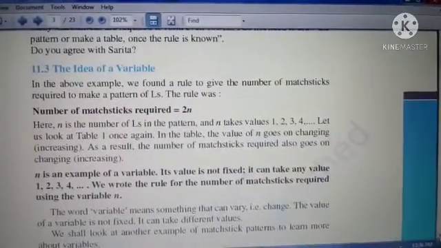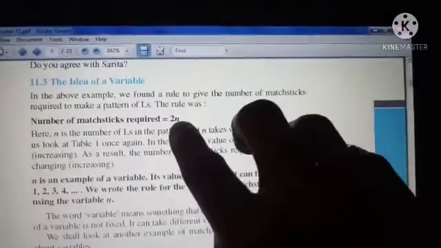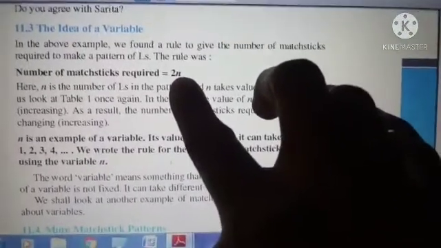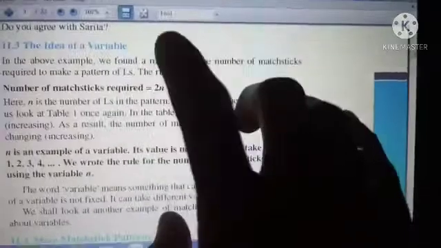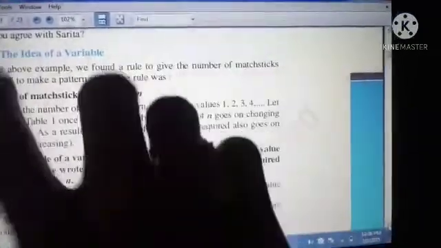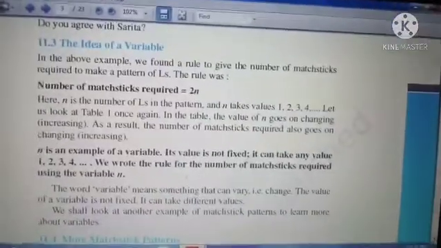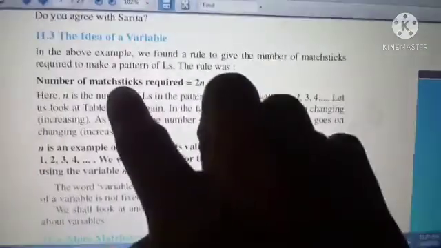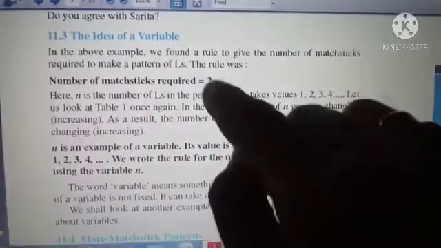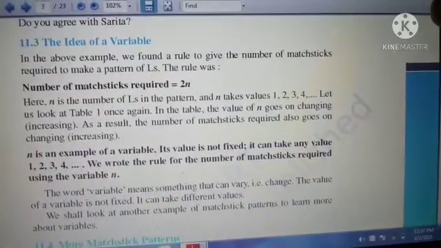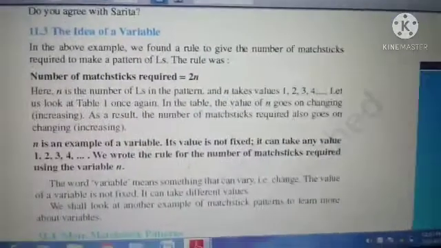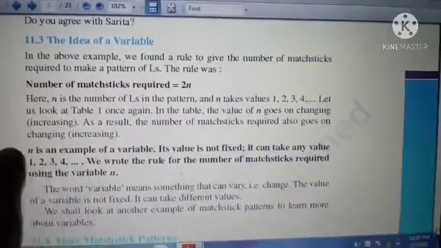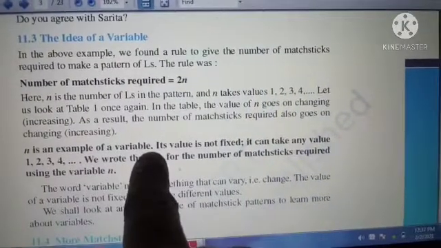So here this n is nothing but a variable. A variable is not fixed. Whatever value you give to this n, the number of matchsticks will change. If I give n as 10 now, 2 into 10, 20 matchsticks. So this n is changing.